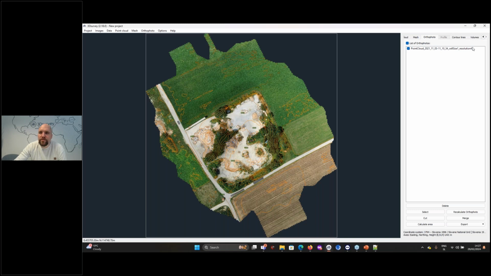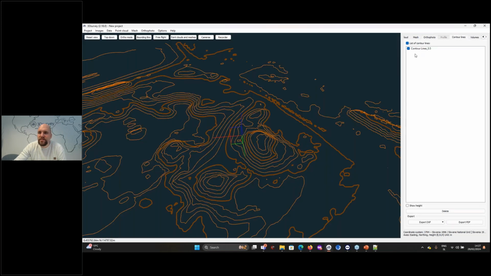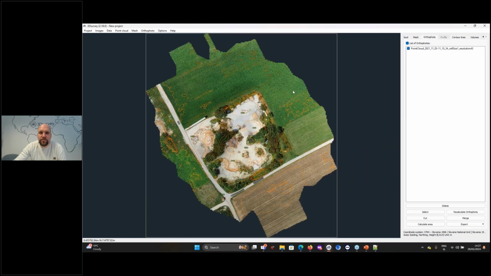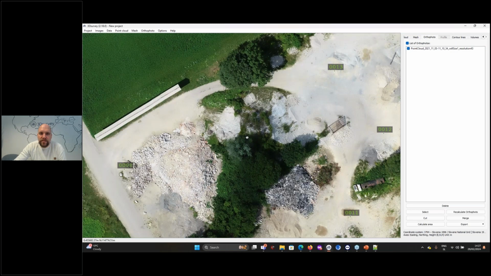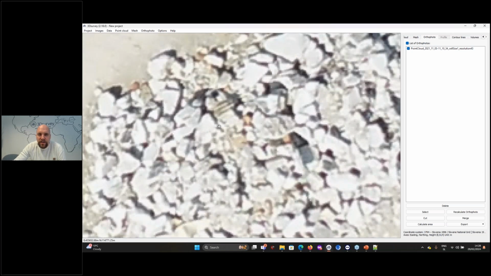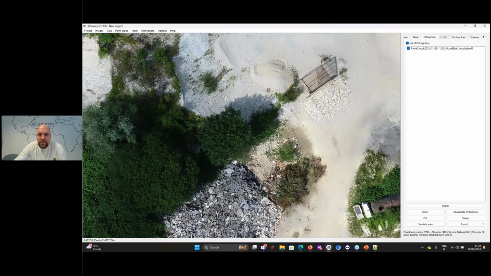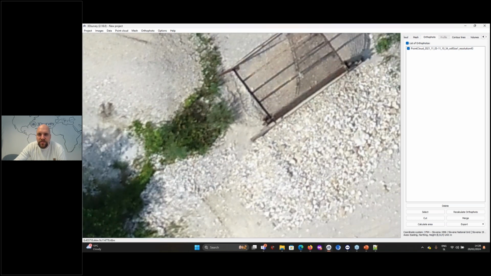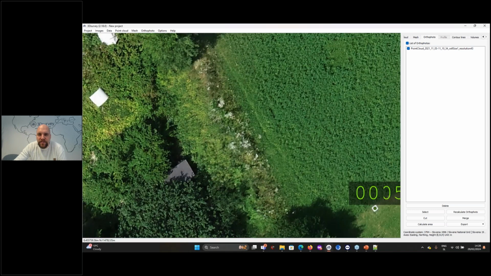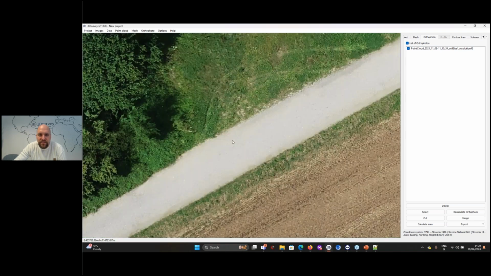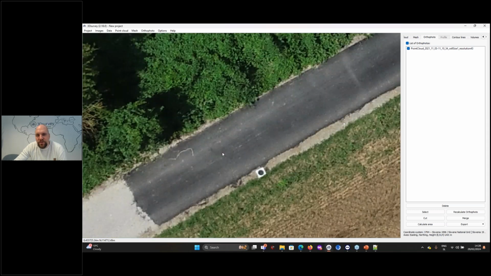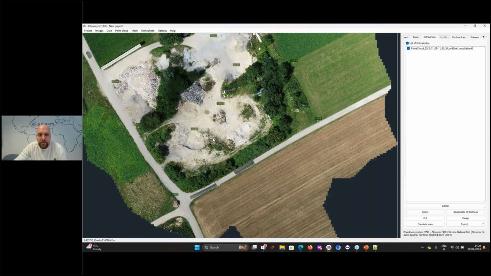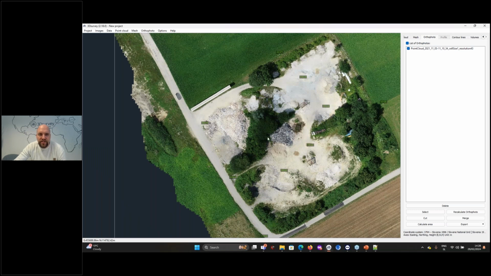So now here in the orthophoto, we see contour lines. If I turn the contour lines off here, then they are also gone in the orthophoto. So this is now our orthophoto. You see it consists of these kinds of pixels. A pixel size in nature is about 2.33 centimeters now. This is the value that we think works pretty well because it allows us to still see any kind of detail that is interesting to us as land surveyors, and we don't get too big orthophotos and too much data.